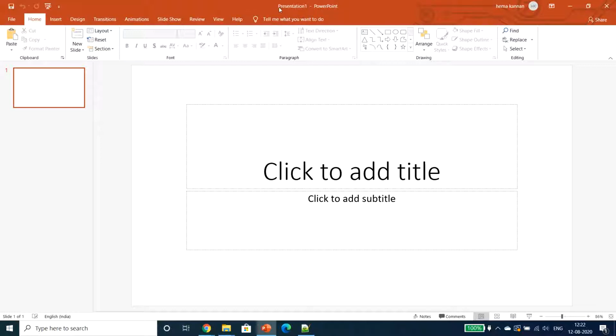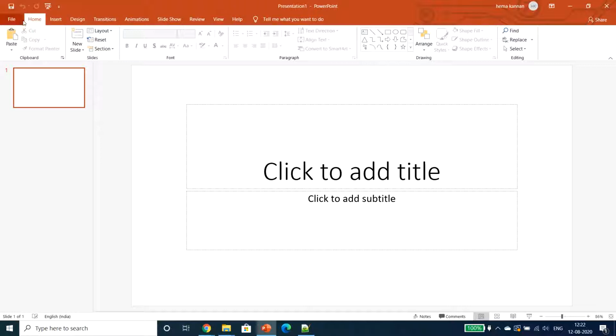As we haven't saved it, and have opened it for the first time, it is given as Presentation 1, along with the control bars. Then comes the menu bar along with the ribbon, and several options are present here.